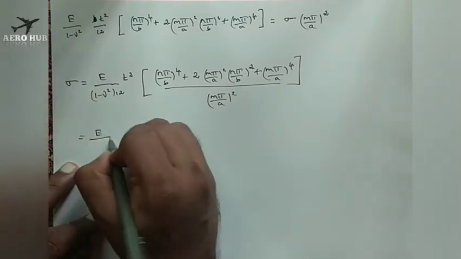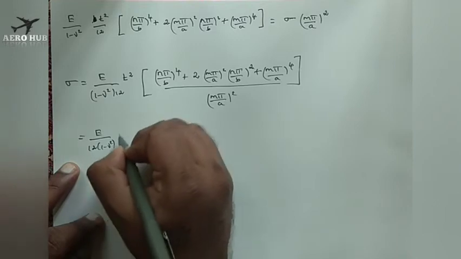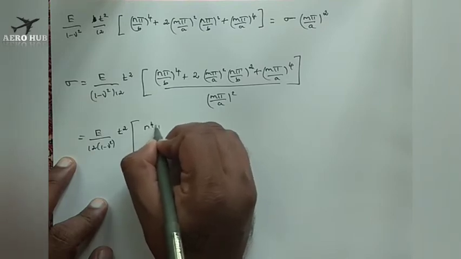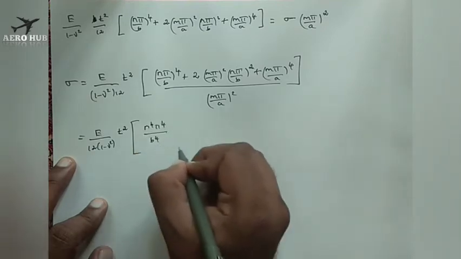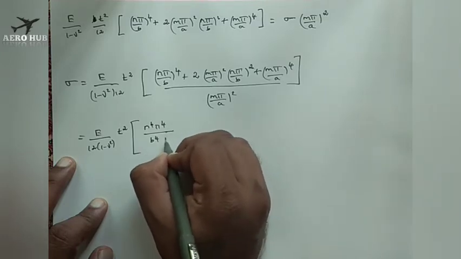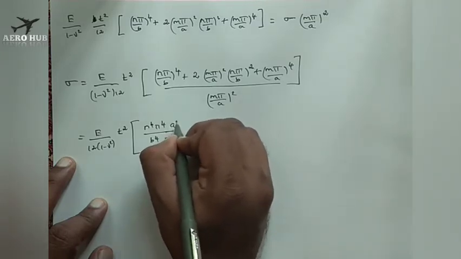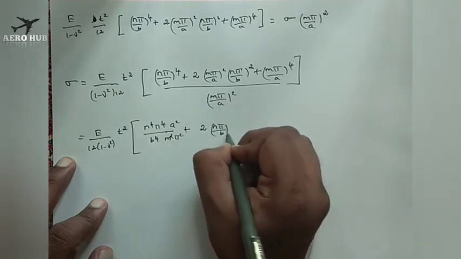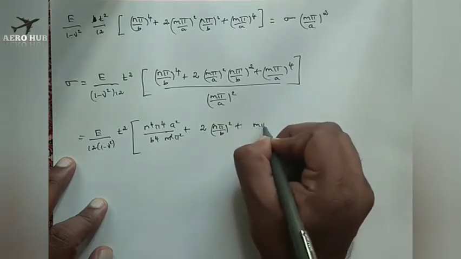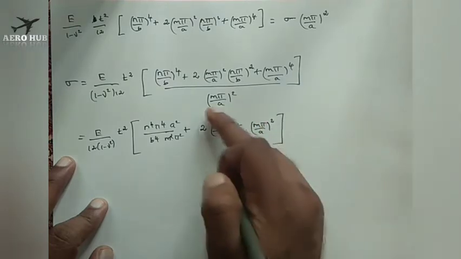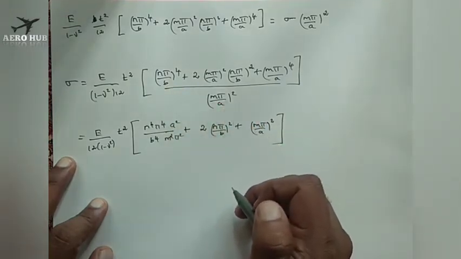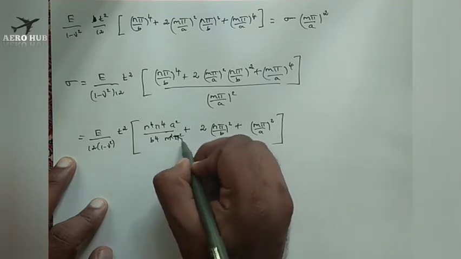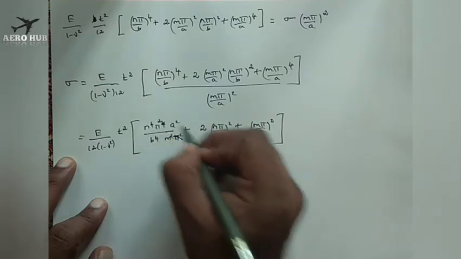E divided by 12 into 1 minus mu square into t square. So this will be n power 4 pi power 4 b power 4 into you have m square pi square into a square, plus this will be 2 times (n pi by b)^2 plus it will be (m pi by a)^2. I am dividing each term by (m pi by a)^2. So in this case I can cancel out the pi square,